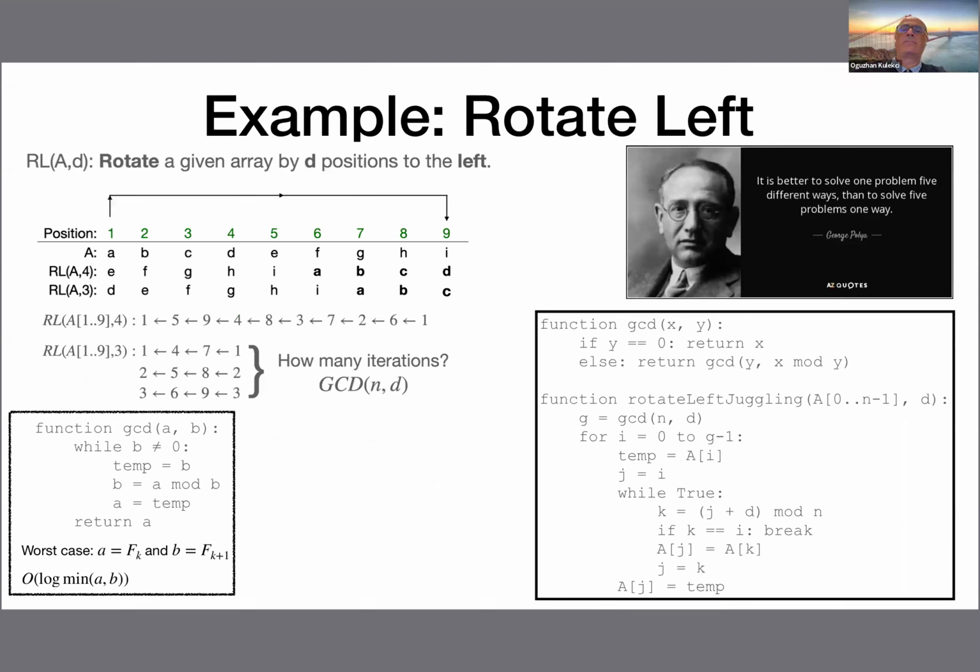I will not go to the details why that is so, okay, but only I would like to show you the algorithm. Now we have the main idea. What we will do is, first I will compute the greatest common divisor of n and d, and then I will repeat this shift operation however many times that GCD returns me. Okay, so